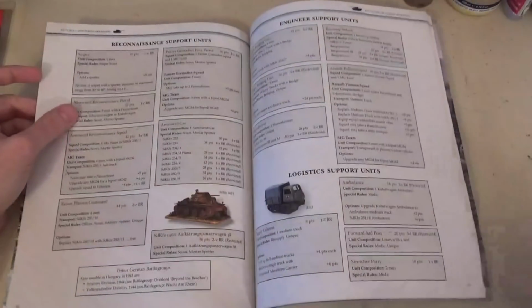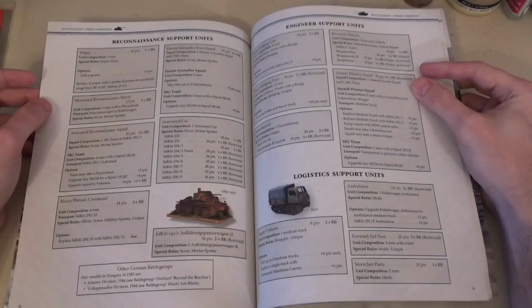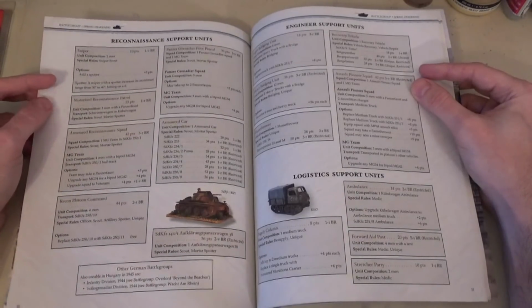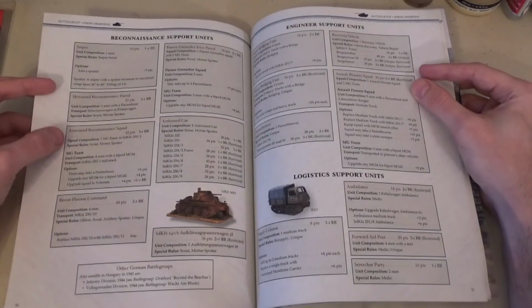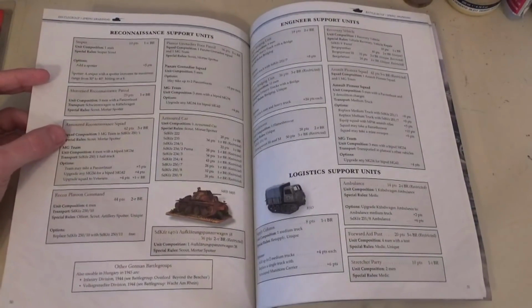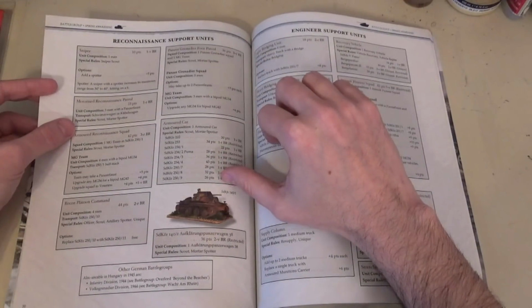For your recce, as we talked about before, if you want to build that infantry list or reconnaissance list, you're going to get some built-in recce here. But if you want to build on top of that for regular lists, a lot of the standard stuff that you would see is in here as well. You know, you got snipers, you got your motorized recce, you got your armored recce if you want to put some guys inside a half-track with some MGs, and you know, you got scout and mortar spotters with them. You got the full list of armored cars that you can pick from late war in here,